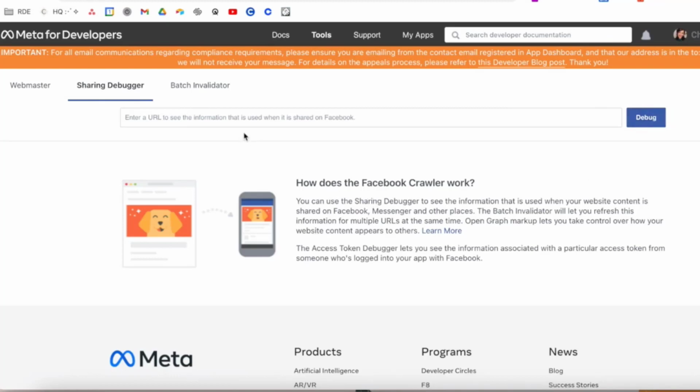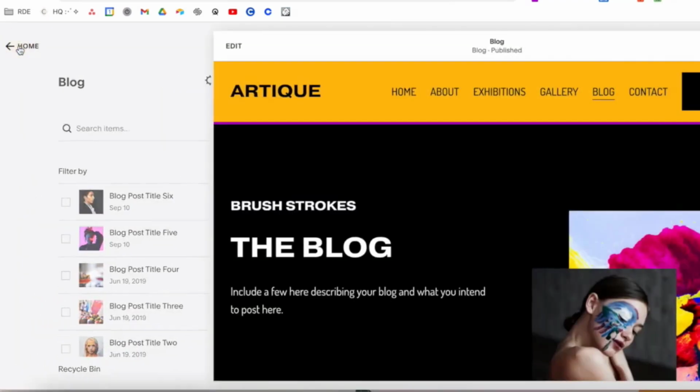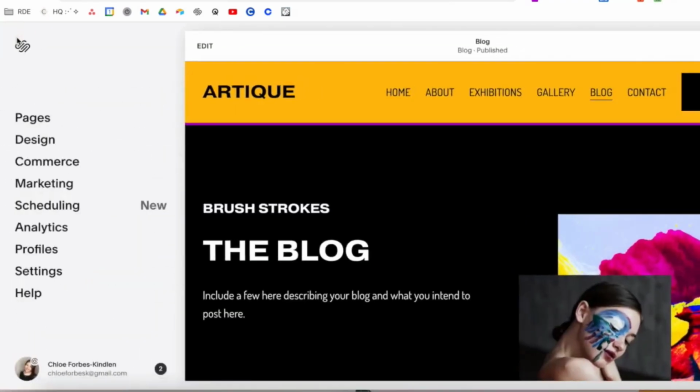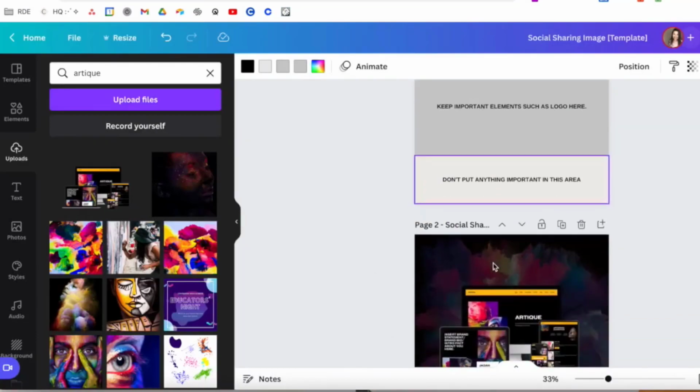So although it's really easy to update your social sharing image, you just go into Design and Social Sharing, there are a couple of elements to be aware of, and if you want to make it nice and easy, go ahead and use this link that I've got in the description below. This will allow you to update your social